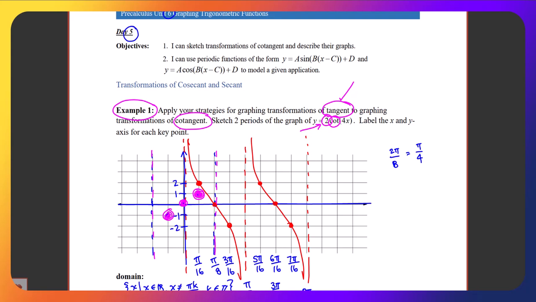Also, tangent and cotangent are reciprocals. So when tangent is 0, cotangent is undefined. That's why there's an asymptote along the y-axis. When tangent is 1, cotangent is 1. The reciprocal of 1 is 1. When tangent is undefined, cotangent is 0. And if I keep that pattern of here to here to here, I'd have the cotangent graph, and the asymptote will be here. But what I'm also going to do is